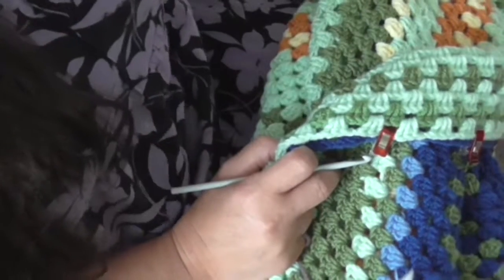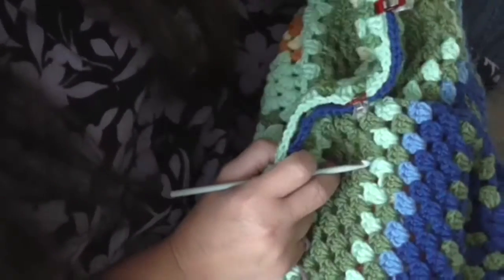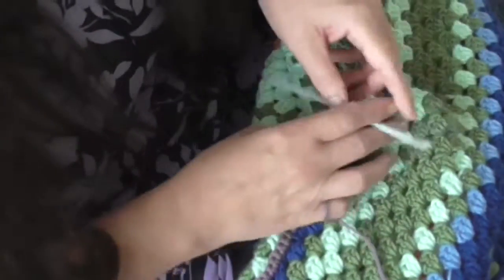I thought I'd just share a video of how I'm joining these rather large granny squares together. I've joined the blocks together, and I'm just doing the rows now, but the finish that you get doing it this way is quite nice. If I can just